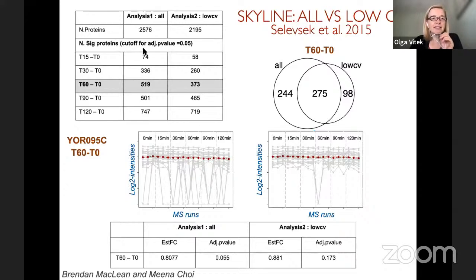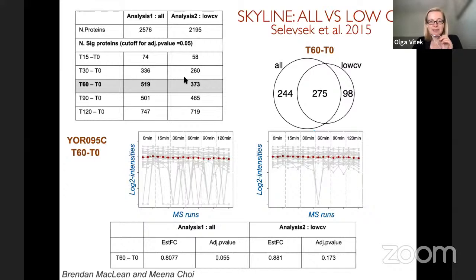But we can also see that for all the data sets, the patterns of changes in time, as compared to time zero, is kind of jumpy, right? So it goes from 74 proteins to 300, then to 519, then down to 500, then up to 700. Whereas with low CV, things are much more consistently progressing. 58, 260, 373, 465, 700. I would argue that biology is more likely to be kind of smooth and consistent rather than jumping up and down. And so even though we lost some proteins, I'm guessing that this is probably more reliable